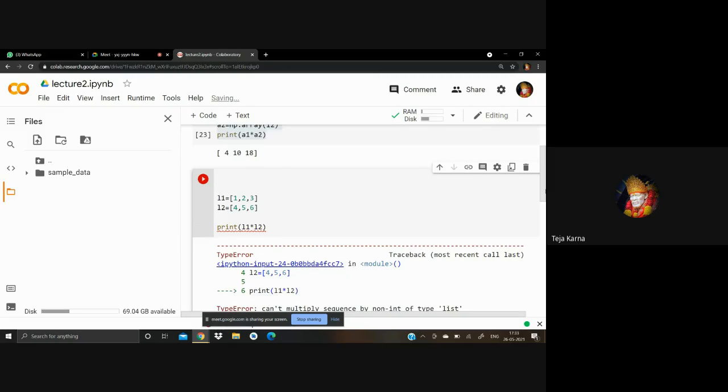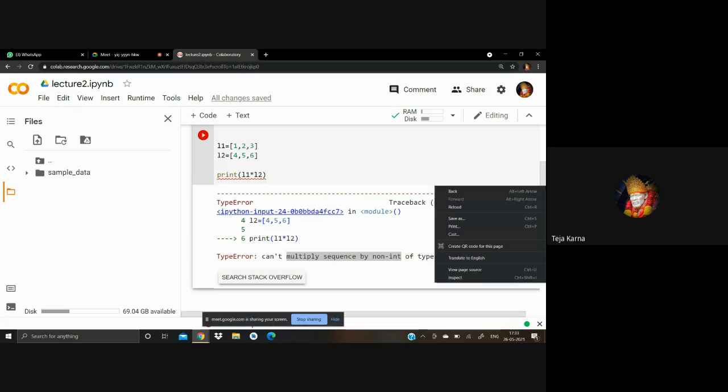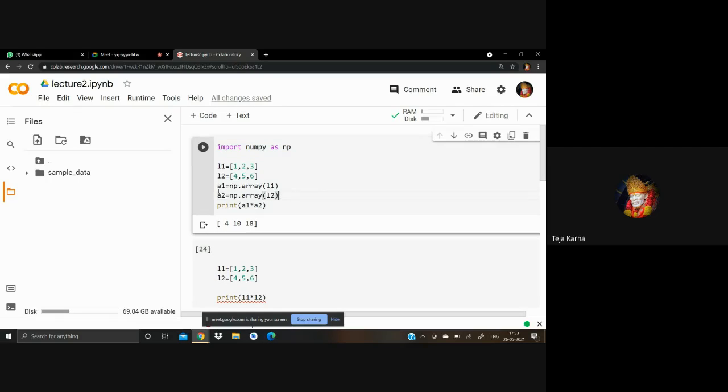This is not possible in list format; you are not able to multiply lists. So for that purpose, we are going to use arrays, which are provided by the NumPy module.